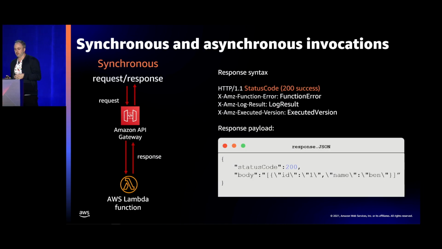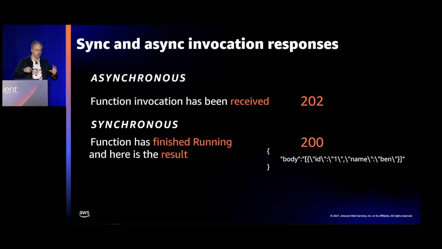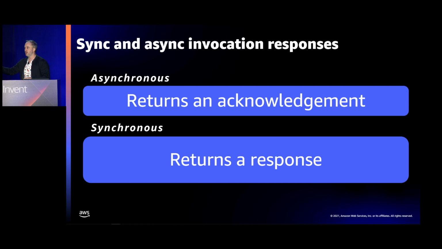So in terms of code, this is what it looks like for the synchronous model, right? You receive a status code 200, assuming your function didn't error, and you receive the response, the body key of the JSON response object. With an asynchronous invocation, you receive a 202 success message, and you don't receive any response. So the broad thing that I want you to take away from that little sequence of slides is that if you invoke your Lambda function asynchronously, you just receive an acknowledgement that it's going to go ahead and invoke Lambda. If you invoke your Lambda function synchronously, you receive the result of that Lambda function invocation.